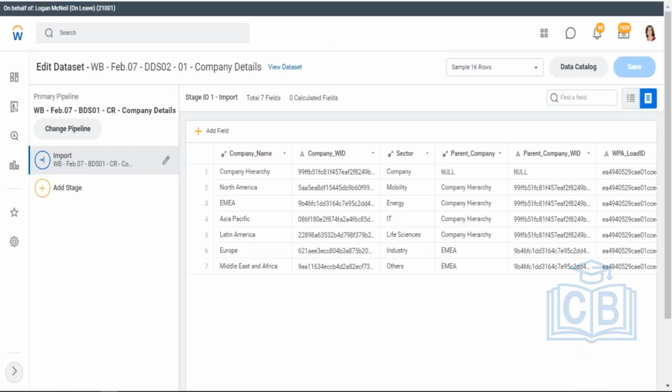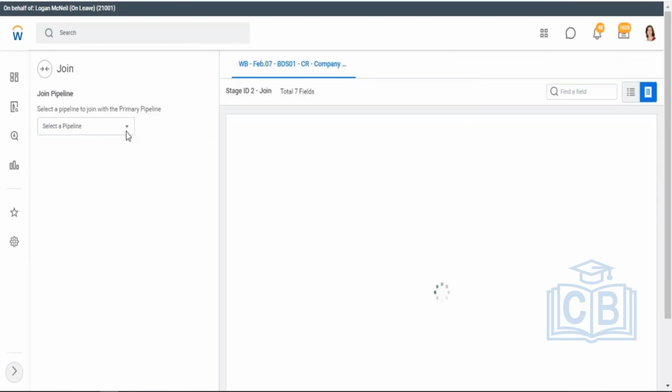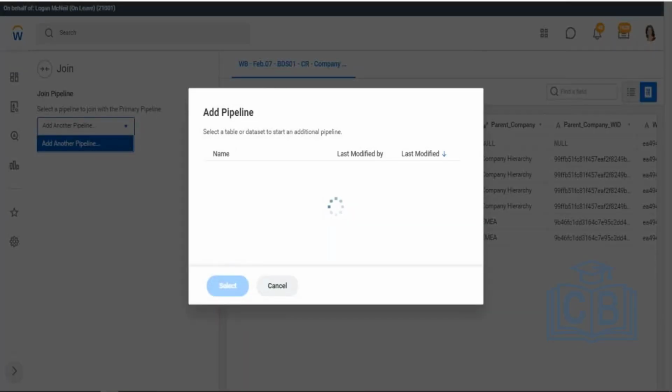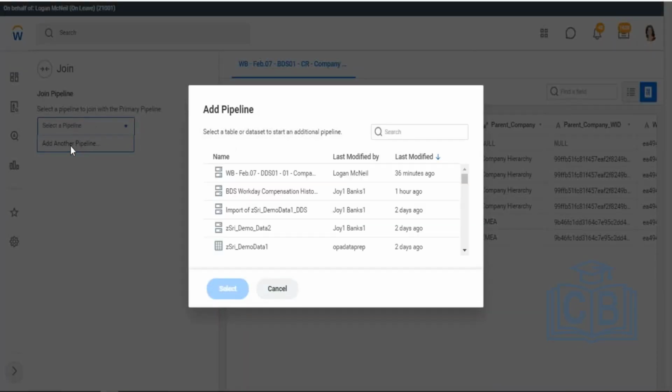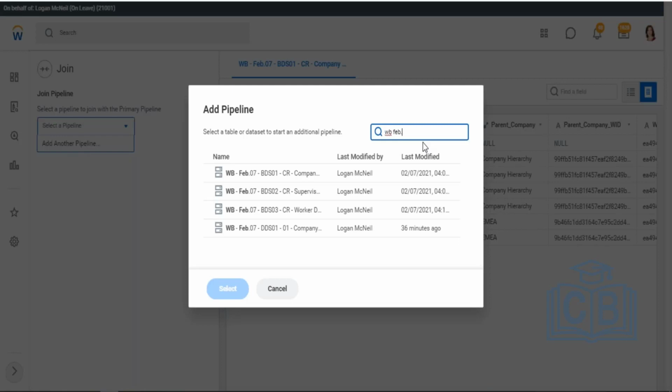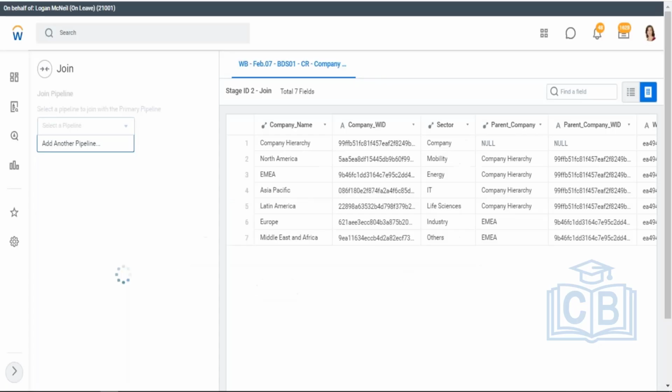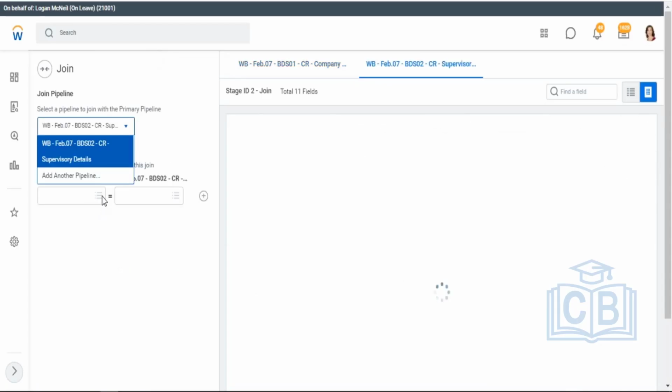So for that, I'm adding once again a join stage. Again, I have to select another pipeline, and the pipeline that I select is once again supervisory organizations, WB Feb 7th supervisory organizations, and select. Once again, the system would ask me which